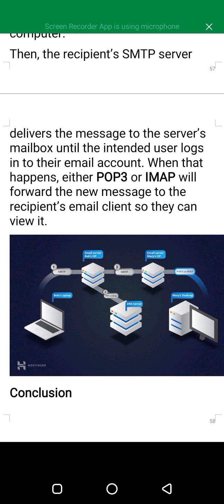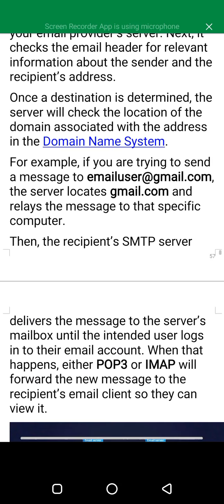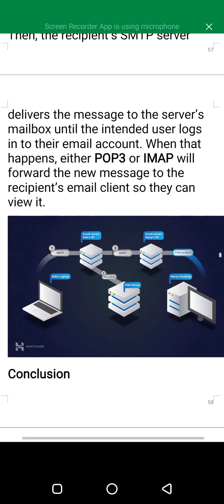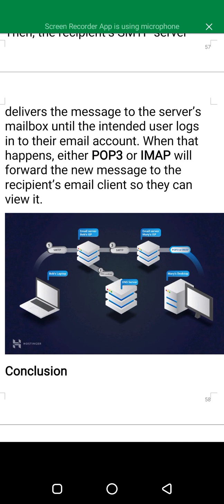So it goes there and checks in the domain name system server. Then after finding whether it is gmail or yahoo, it follows SMTP to the email server of Mary.